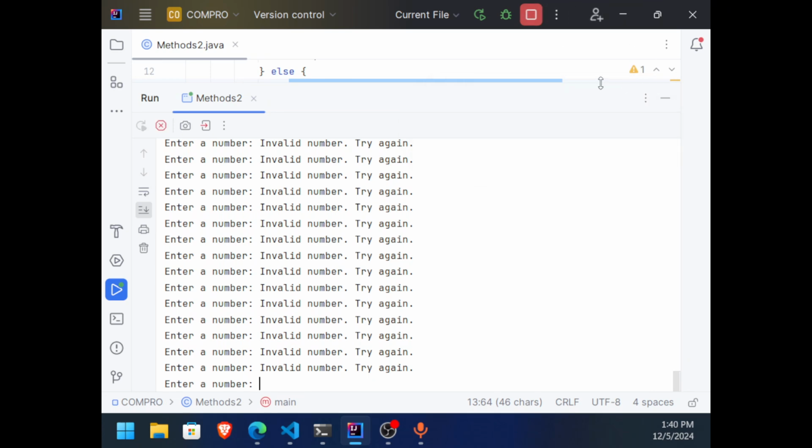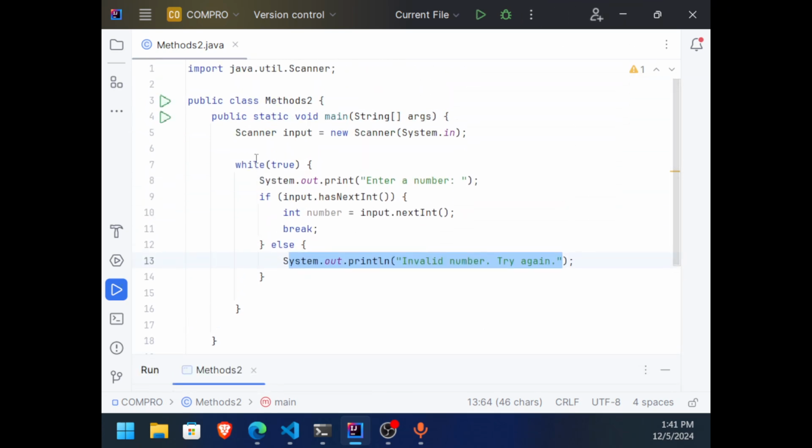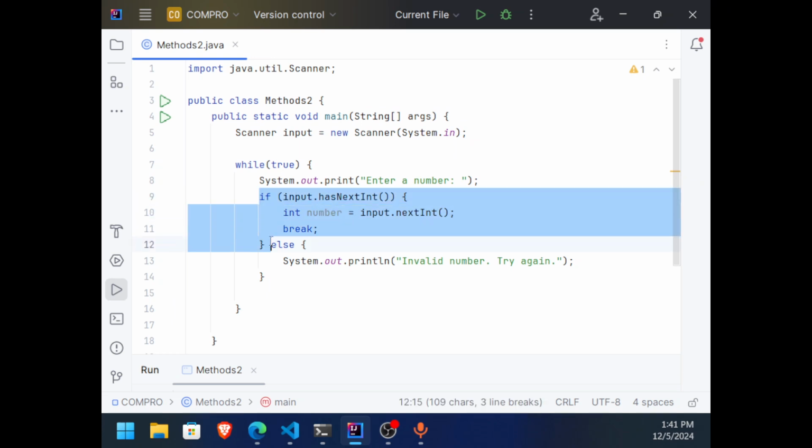Now, can anybody from the class introduce a fix to this logic or algorithm? Anybody from the class? What we need to do: we are reading an integer, and when we enter an invalid number, technically we bypass this, and there is still something in the keyboard buffer that is not consumed.